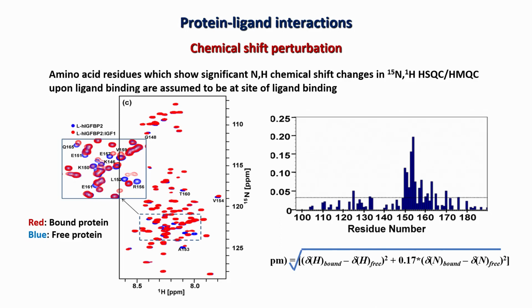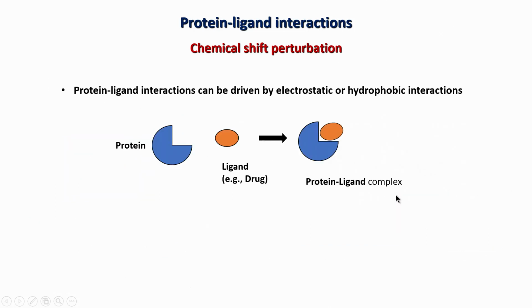So, remember we are trying to characterize the ligand binding in two ways. Number one, we are trying to find out where in the protein, on what particular part of the protein, the ligand binds. And the second thing we are trying to characterize is the strength of the binding, meaning how strong is the binding, is the binding very weak or sufficiently strong. That is measured by a number known as the dissociation constant, and the dissociation constant Kd will give us the information whether it is a strong binding or a weak binding.